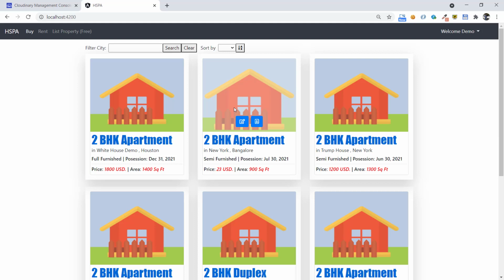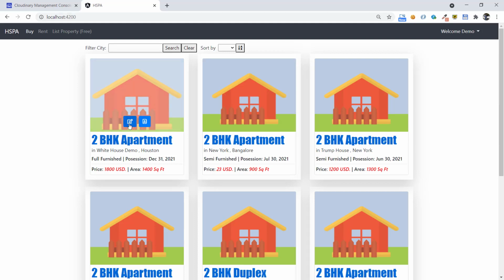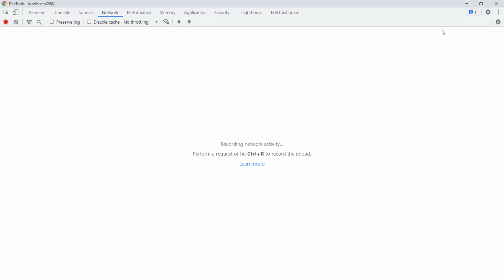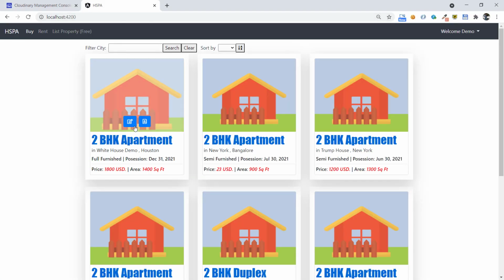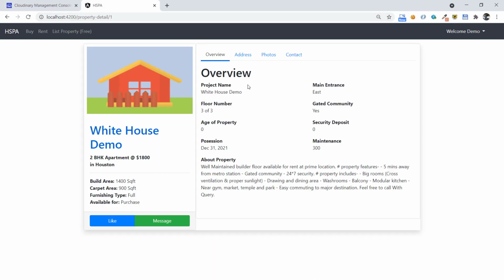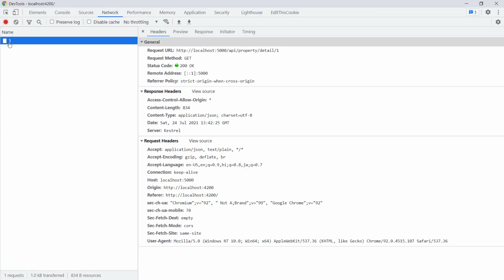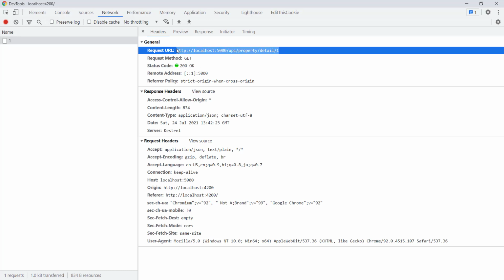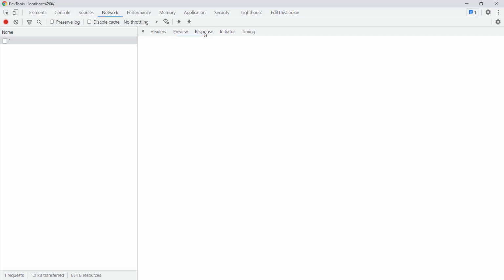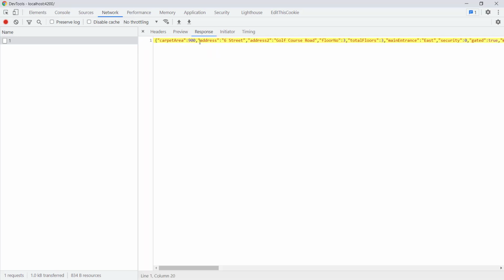So if we look at our Angular application and check what we are doing on clicking on this detail link, open browser's developer tool and select this network monitor to trace the request we are sending behind the scene on our web API. Click on this detail link and see there is one API request going to our API from our Angular application. This is the API endpoint we are calling. And if we look at the response of this API request, we are getting the property details in JSON format. This is just a raw JSON format.